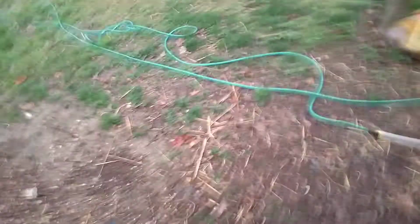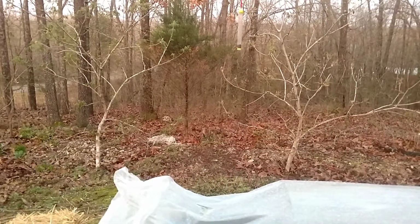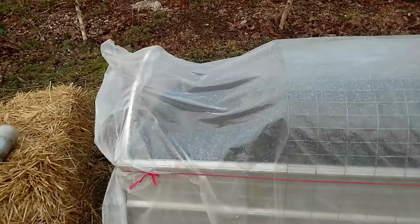Well, howdy y'all. It's about 7:30 in the evening here on March 29th, 2019. We're supposed to be getting a good freeze for a couple of nights this weekend, with the lowest currently predicted at about 28 degrees. So that's 4 degrees below freezing, or for my